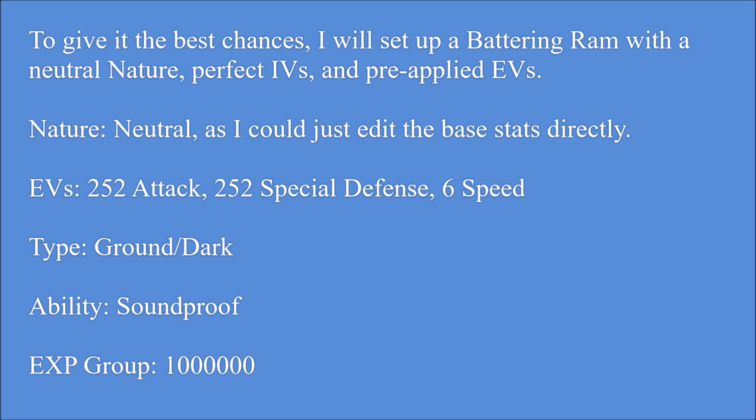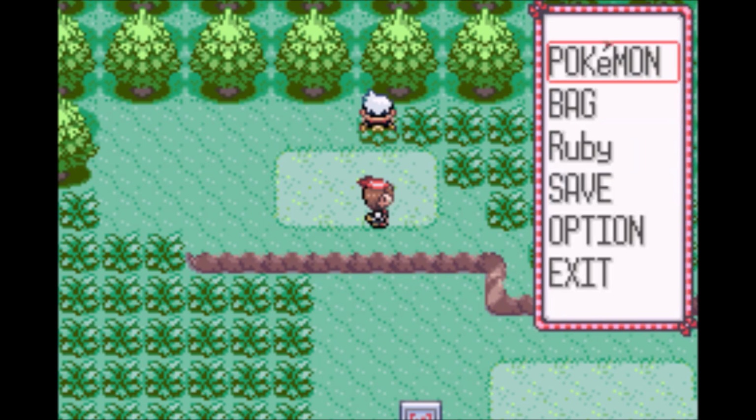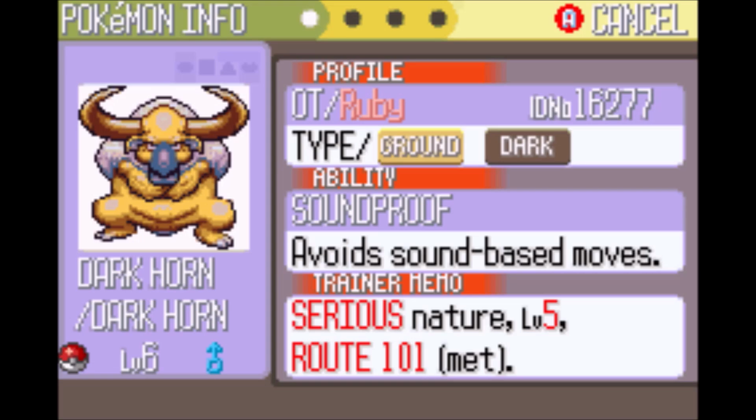I will set up a Battering Ram with perfect IVs and pre-applied EVs. He will have a neutral nature, as I can edit the base stats directly to make adjustments. He's in the Beast family, which corresponds to the ground type, and he guards a labyrinth, so the dark type also fits, not to mention his original name is Dark Horn. Max special defense EVs is forced, and max physical attack makes more sense as his special attack is good enough